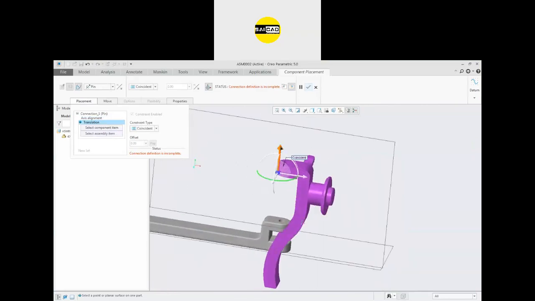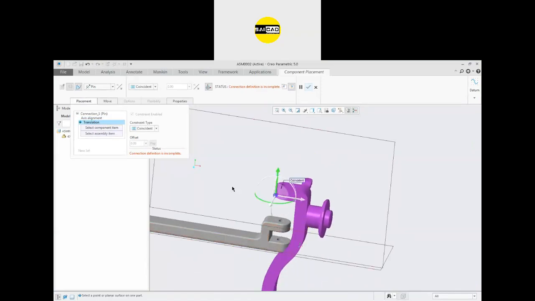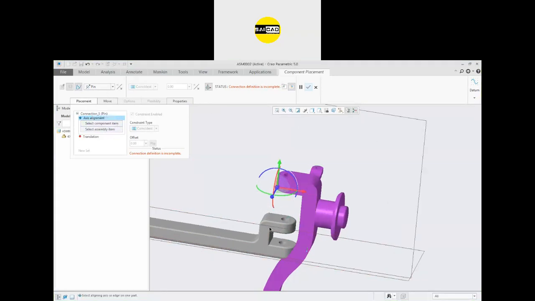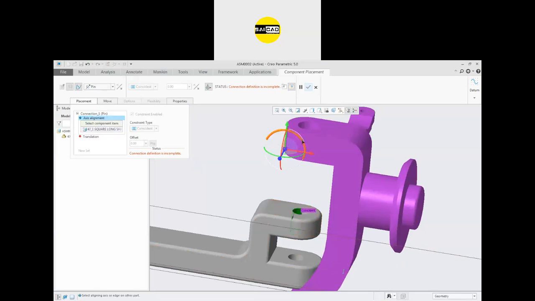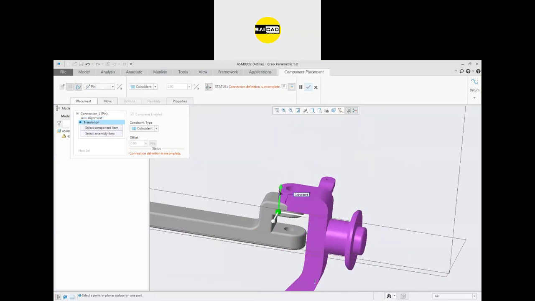And after that you have to control its movement. So I want to flip the pin joint. First of all, I'm going to remove the component. In the axis alignment I'm going to select internal, and it is aligned there.